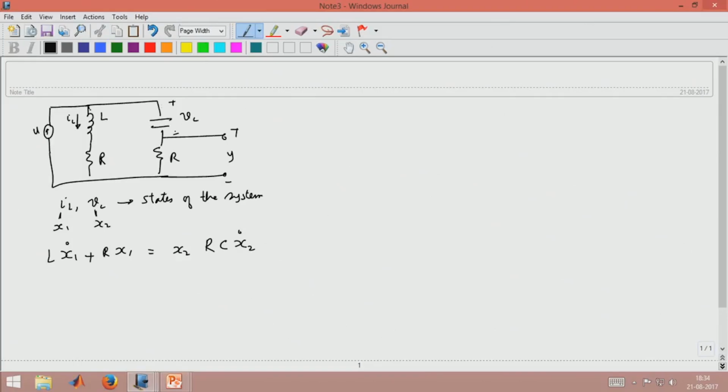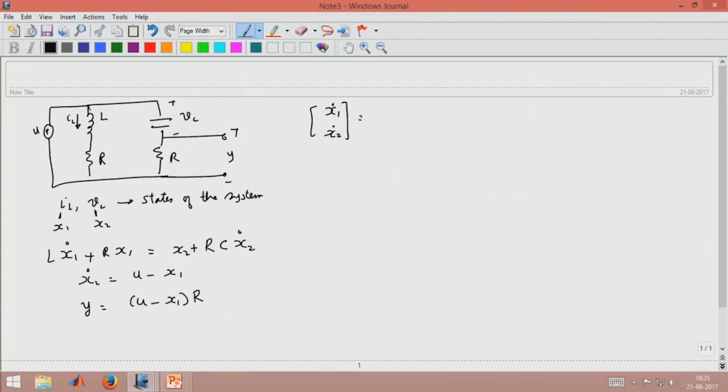Okay, so from here, and similarly x2 dot is u minus x1, and the final equation y is u minus x1 times R,